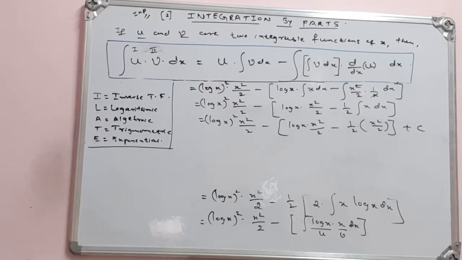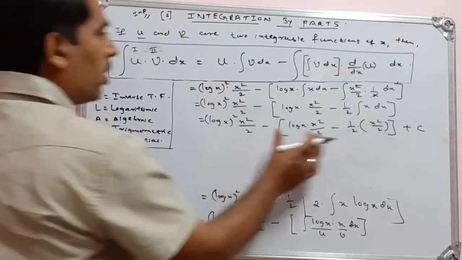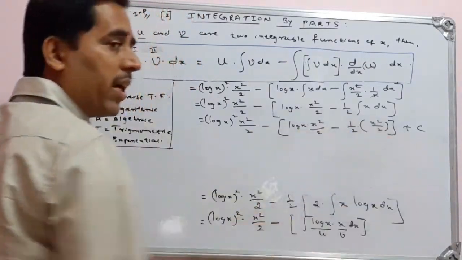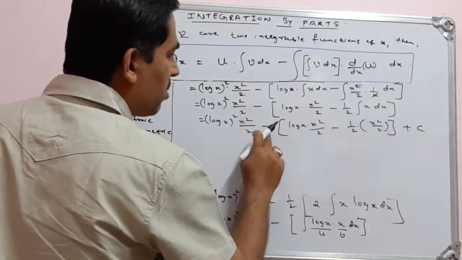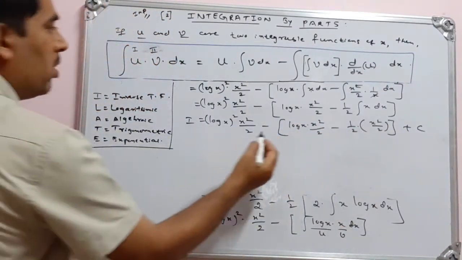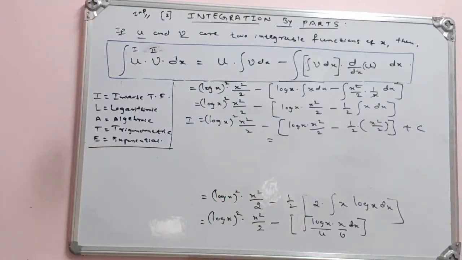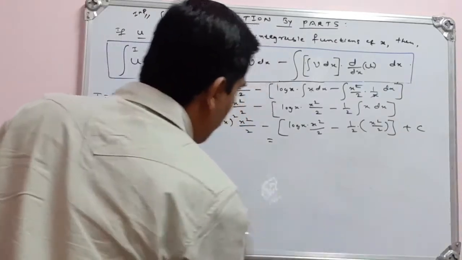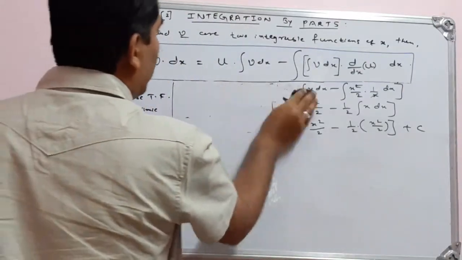Okay, so at this step we can stop. All these quantities inside the bracket, I can remove this minus sign by multiplying each term by the negative sign, otherwise we can leave it at this step. So this will be our answer. This will be our final answer. Okay, note down the solution carefully. So we can go for the next example.